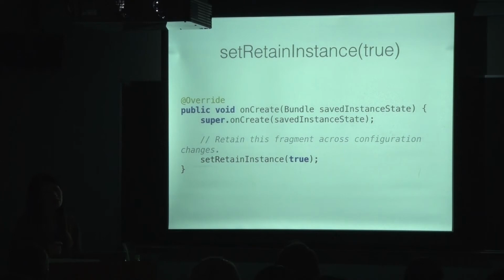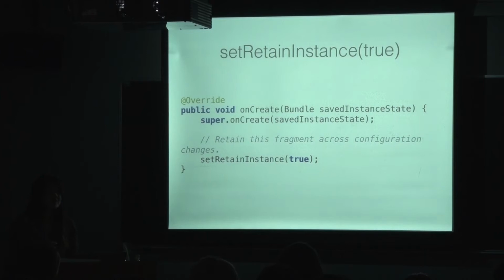There's actually a way to circumvent some of this lifecycle process when the parent activity is destroyed and recreated. As long as the fragment is not on the backstack, you can invoke set retain instance and pass true in either your onCreate or onCreateView callback. If set retain instance is set when the fragment's activity is destroyed, the fragment itself will not be destroyed, and the on destroy callback won't be invoked. Because on destroy isn't invoked, on create won't be either. You won't get that one.